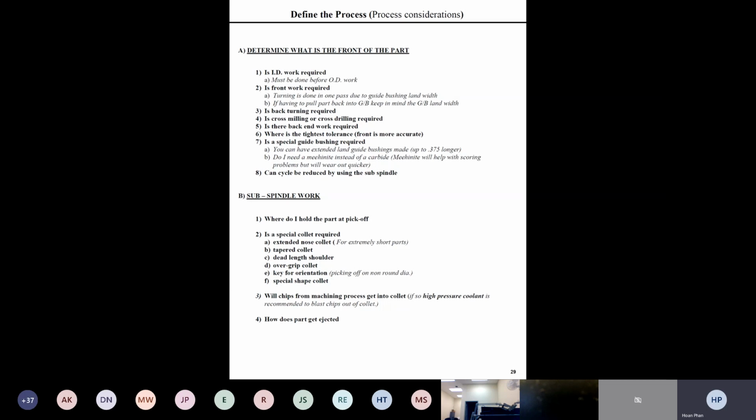working on the main spindle if it needs a tight tolerance. Whichever way requires the tighter tolerance, you're going to put it on the main spindle to machine it. Also, we need to know if the material is too small and we need the guide bushing with an extended nose collet or something like that, we also have to put it on too. After you're done with the main spindle, you can move on to the sub spindle